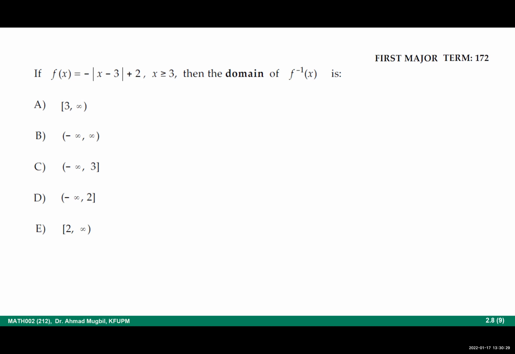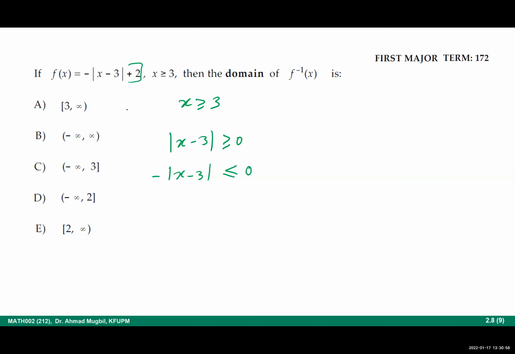If you want to find it algebraically, it is easy. How to do it algebraically, ya shabab? You will start with this fact. What is the domain? X is greater than or equal to 3, right? So the absolute value of x minus 3, any absolute value, will be greater than or equal to what? Right? Now it is multiplied by what? By a negative, so it will be negative